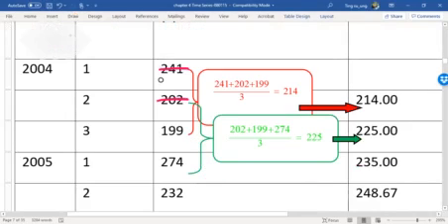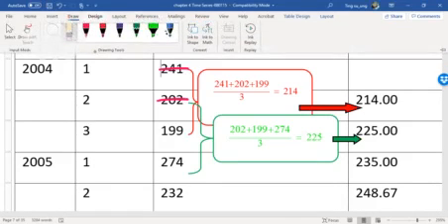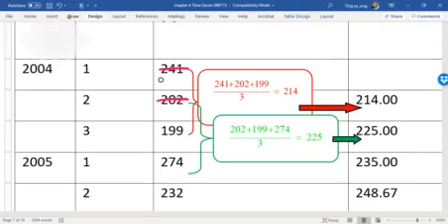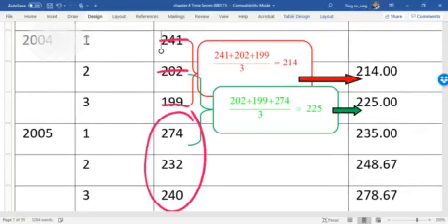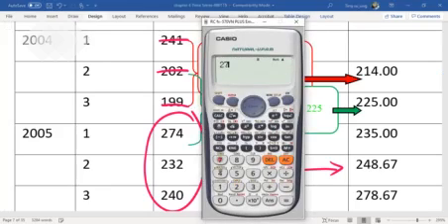Can follow? Okay. So after that, skip 1 again. You skip 1 again, so you take another 3. Again the answer is right in the middle. See that? So 274 plus 232 plus 240. Divide by 3. So your answer